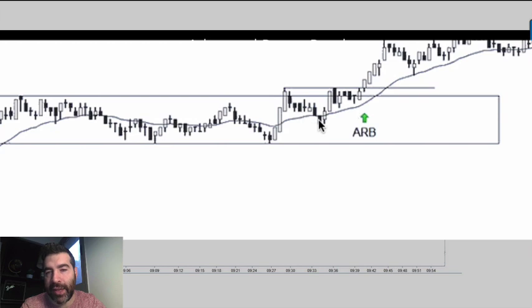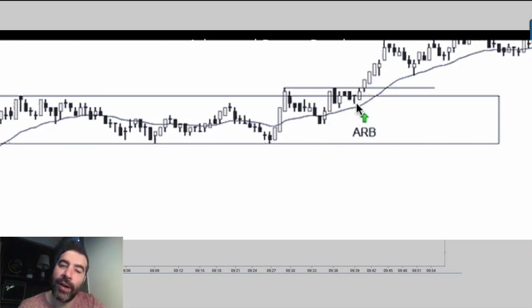Now it came back to the EMA and went up again, but still, even though that's kind of a retest, and I understand why you want to get in, maybe you want to put your stop under here, that's fine. But it still didn't have that momentum getting it out. But the range now has a new top. You have 1, 2, and then this third one, and then boom.